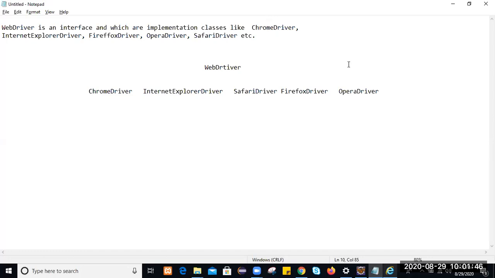Almost Selenium supports all the browsers. So every browser has its implementation driver exe. So this is WebDriver and its implementation classes.